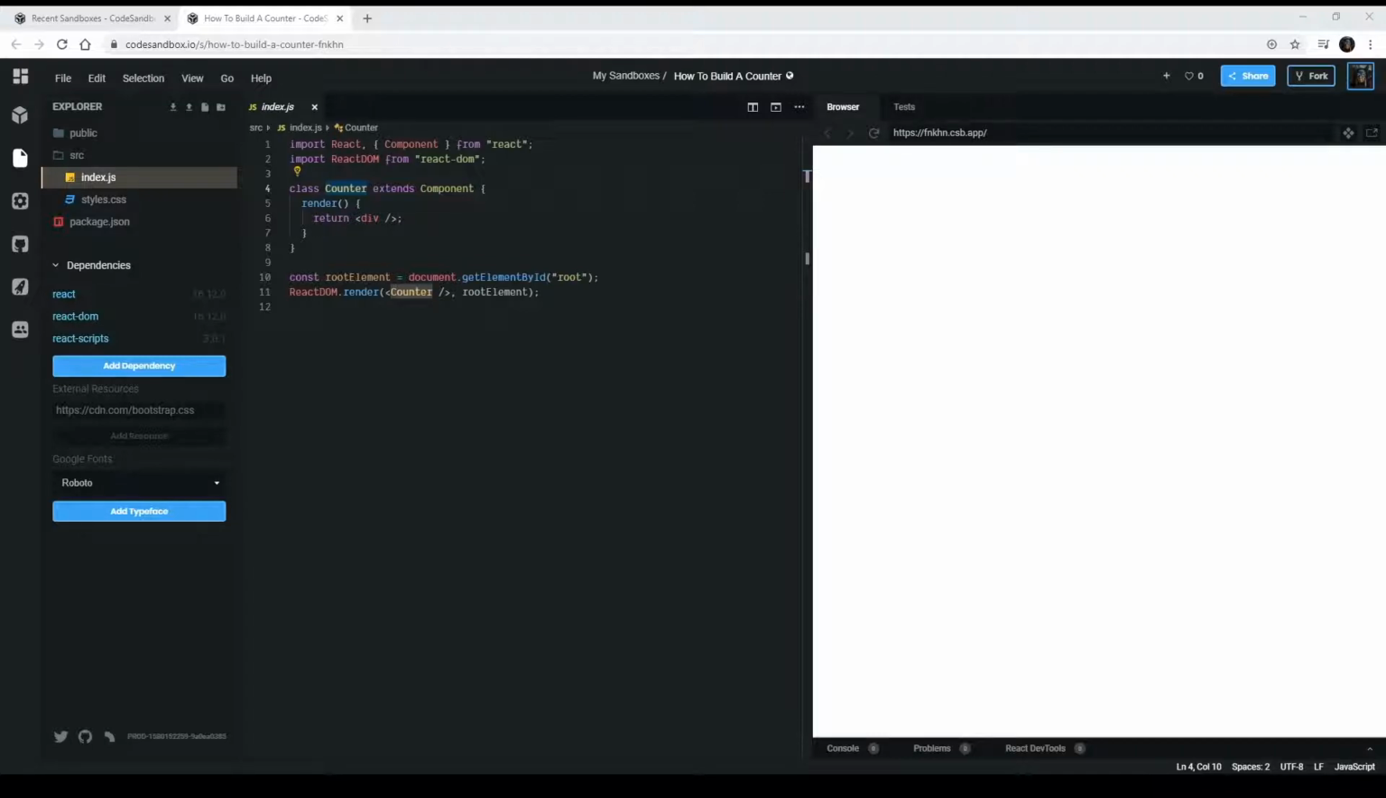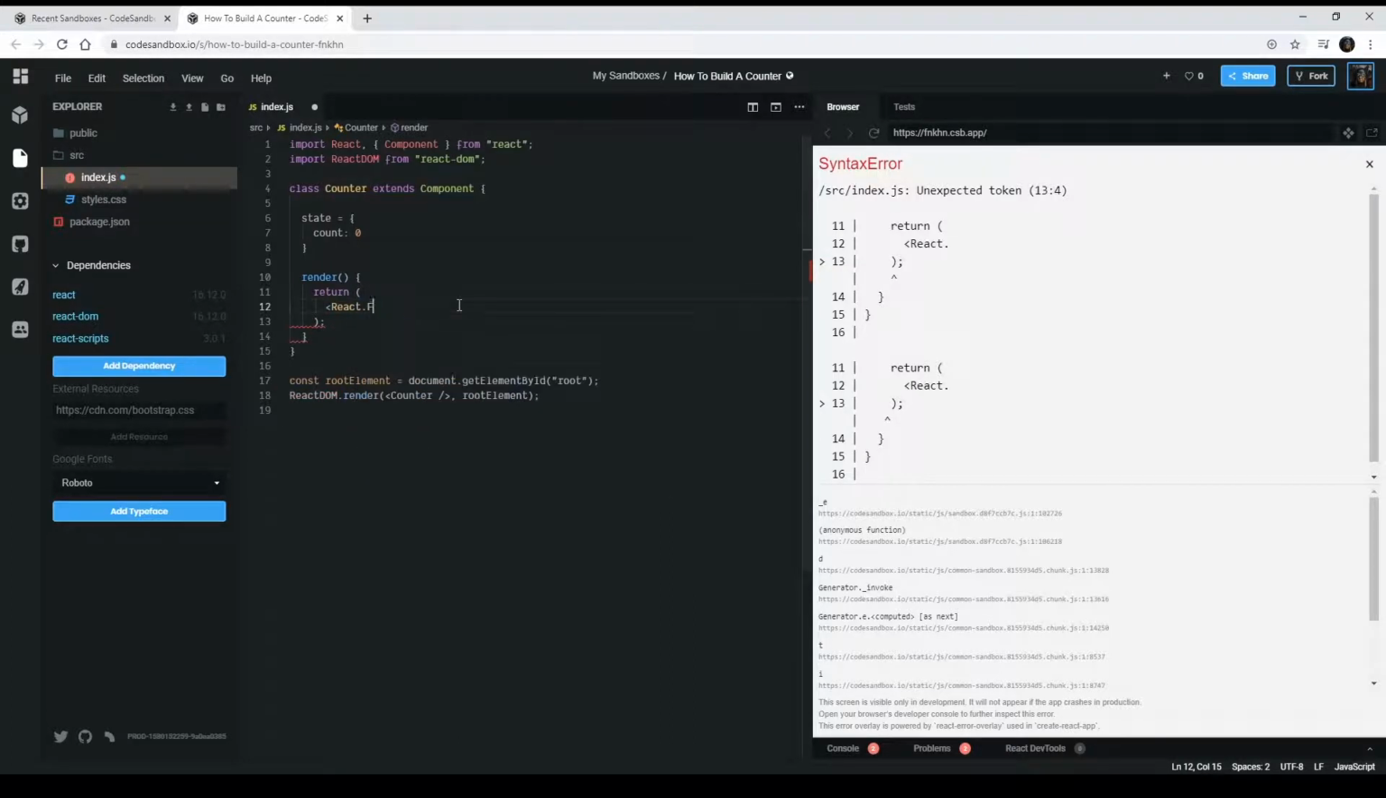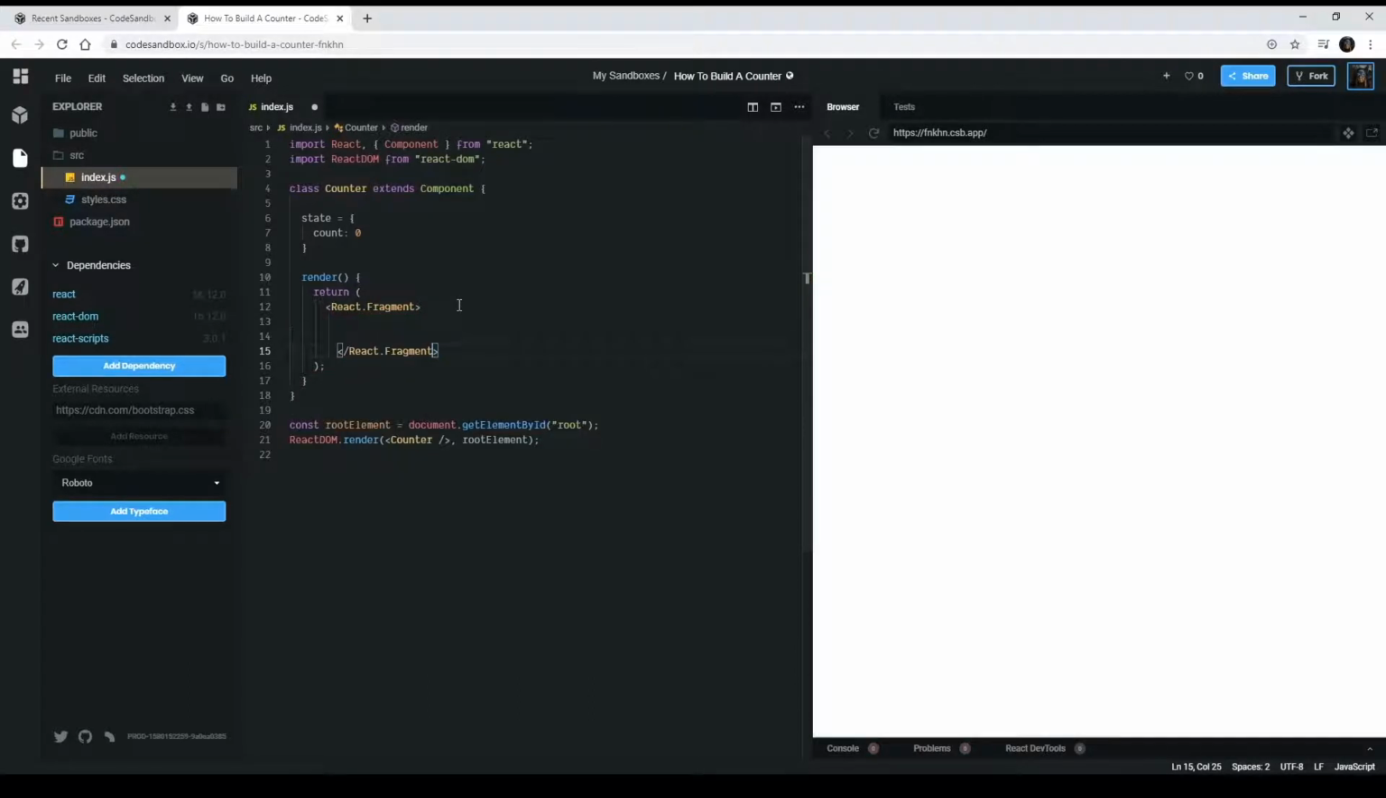Okay, let's start to create the application. We're gonna start with adding a state, because we need a state for this one. So we're gonna say state is equal to count, and we start counting from 0. After that we're gonna add a React fragment. So let me put React fragment and close React fragment, and inside the React fragment we can